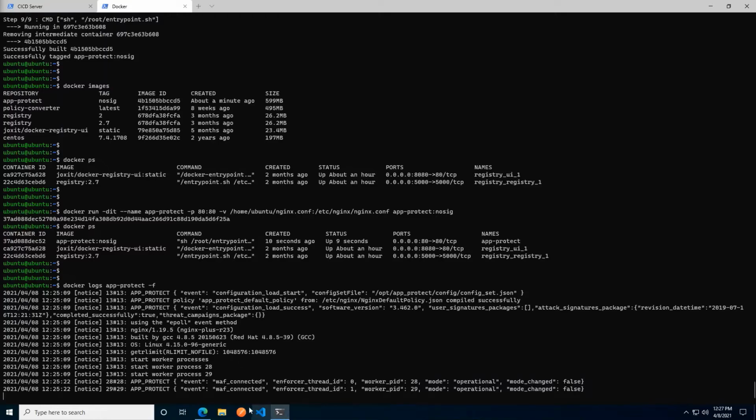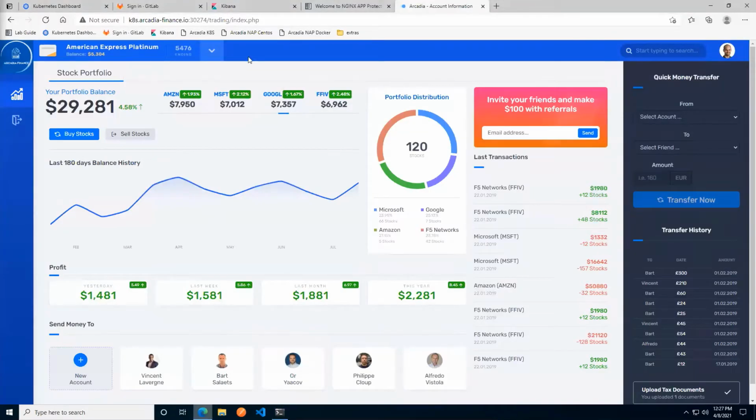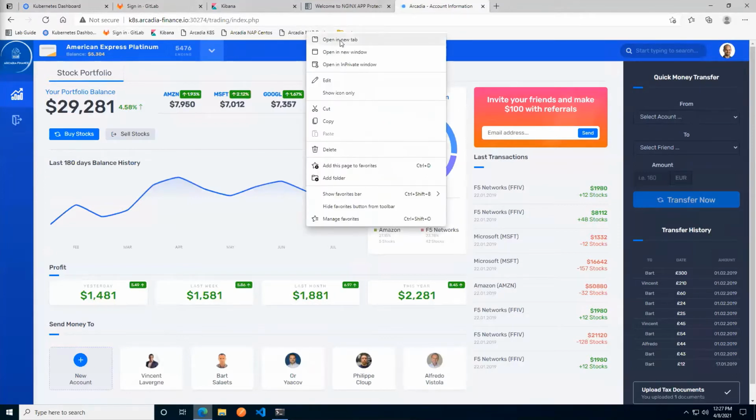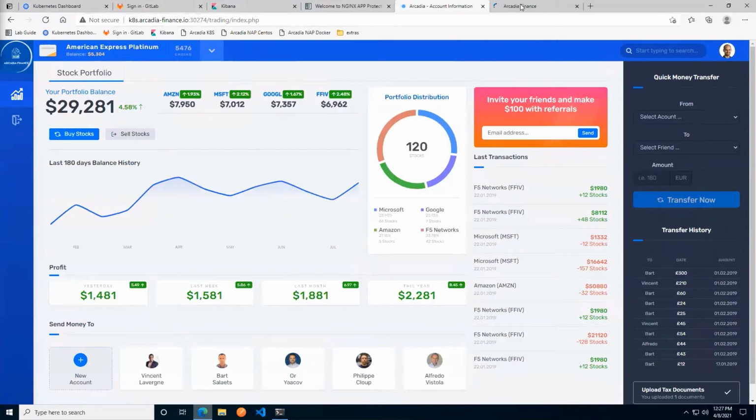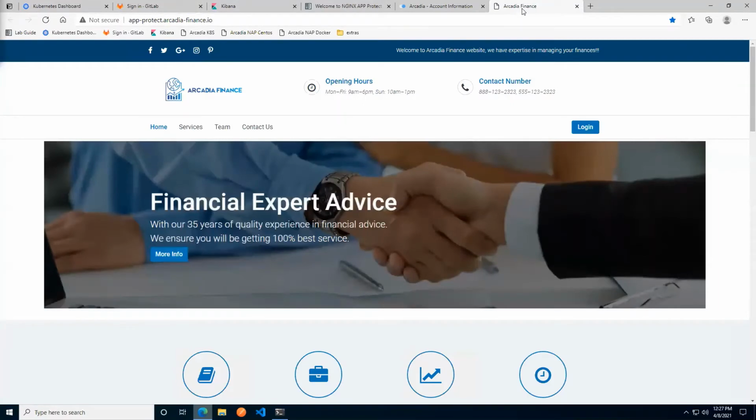So we can pop into the Edge browser again. And we have a handy bookmark, there we go, Arcadia NAP Docker. So I'm going to right click this and open it in a new tab. There we go.